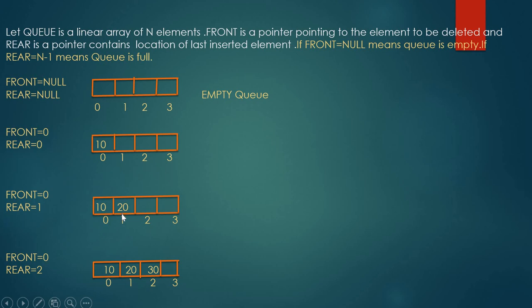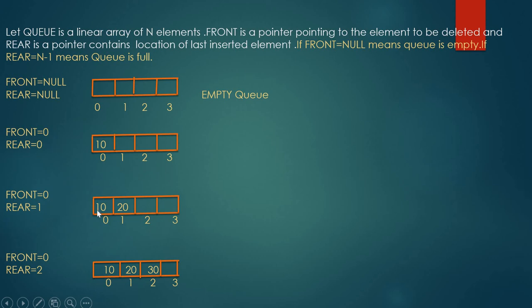the element ELE. In this case, you are going to insert the element ELE. See here, in this case, you are going to insert 10. In that case, ELE is equal to 10. First, front and rear change to 0, and at that rear position we insert the first element. In the next case, front is not changing, and we need to insert at the back side. That is, rear is incremented by 1. Rear is equal to rear plus 1.